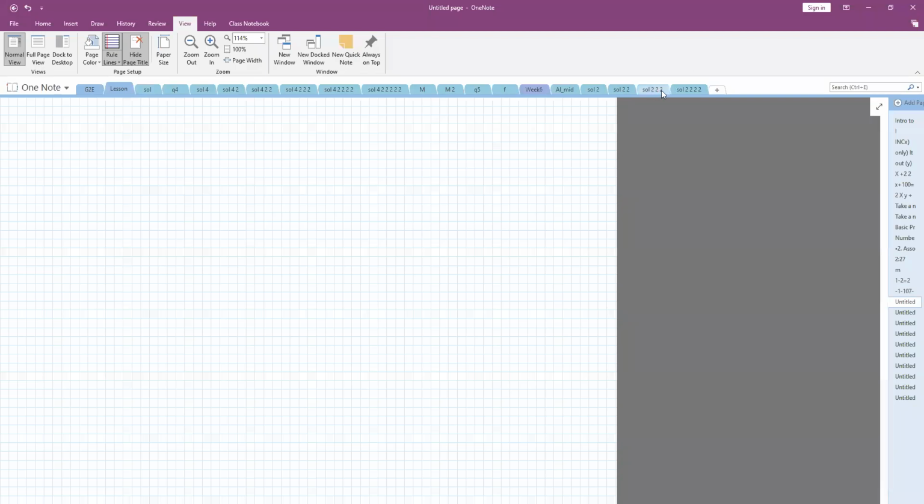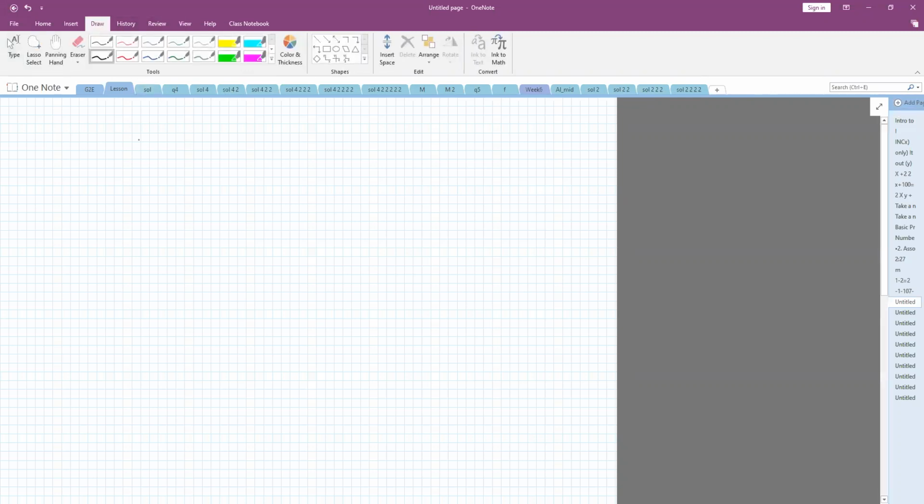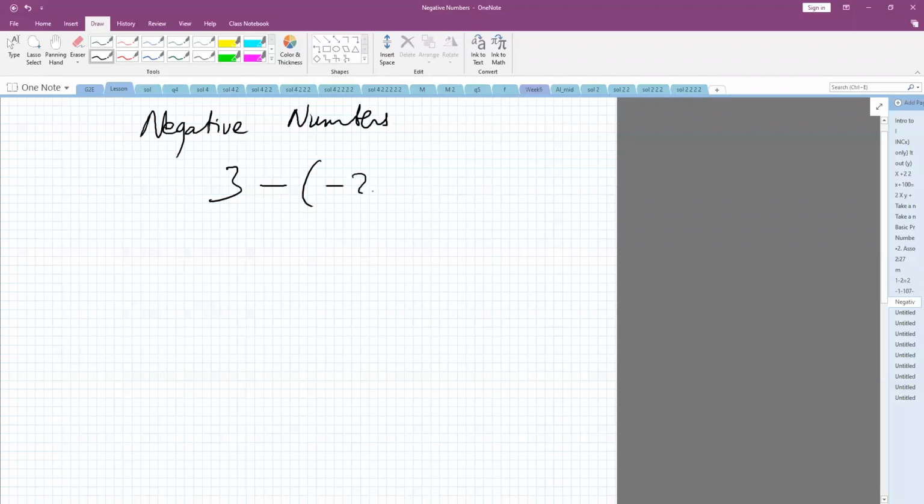Right, so today we still discuss the negative numbers. Now, just remember, for example, when you have 3 minus 2. 3 minus negative 2 would be